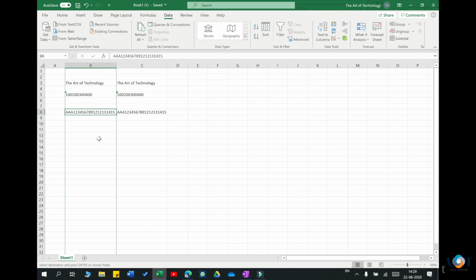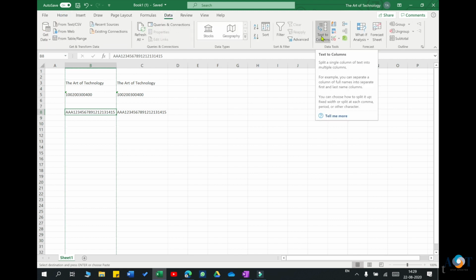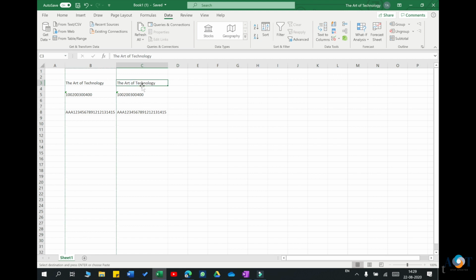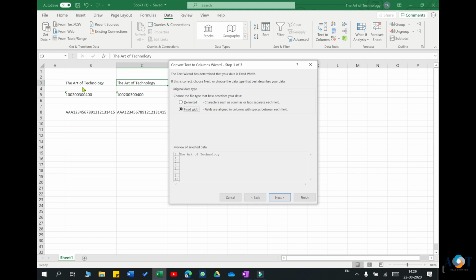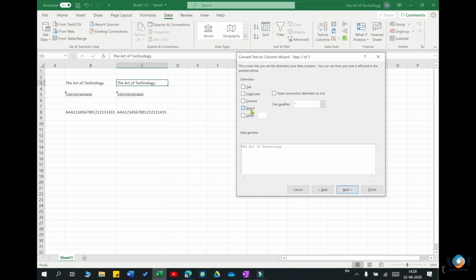So I'm starting with the first one. For this we are going to use the Text to Columns function, which is available in the Data tab. Just go to Data and select Text to Columns. If you have similar values in your whole column, you can use it for the whole column, but now I'm only changing one field. Since I know there is a space, I can specify that the field has a space. Here you can see the preview of how Excel has separated all the words.